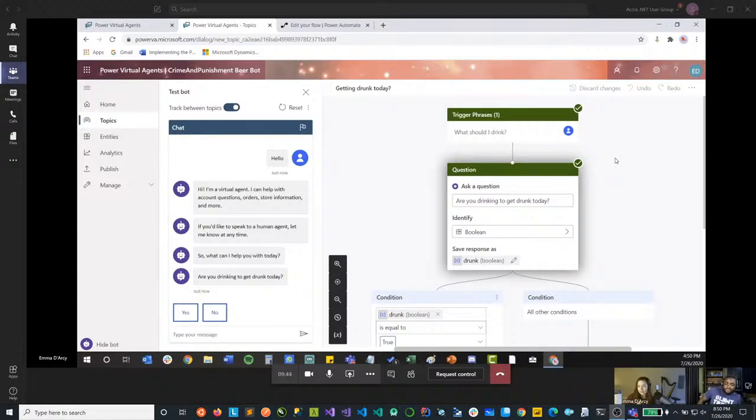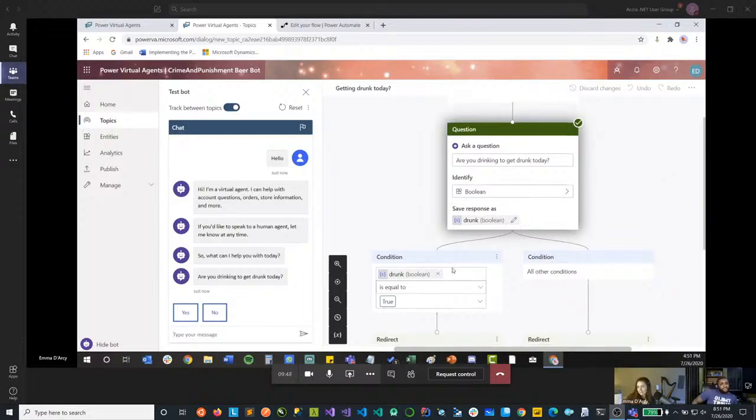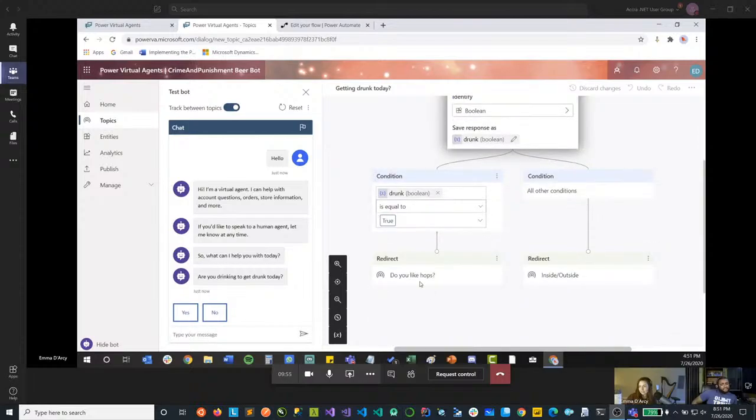And it's asking me, are you drinking to get drunk today? And so you can see on the right-hand side, it's looking for a response to this particular condition. So if it's equal to true, if the person selects yes, it will go down to this one. And if they select all other conditions, which can only be no, it's going to ask them if they're drinking